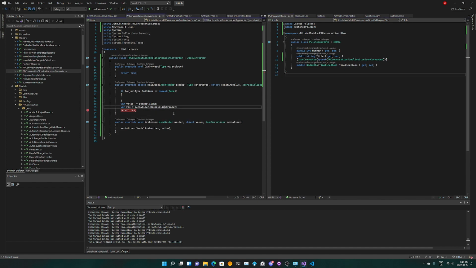So for here, what we're gonna do is just a basic timeline item conversion of the reader. So maybe we can also see whatever the timeline item is at that point. Okay, yeah, let's do it.